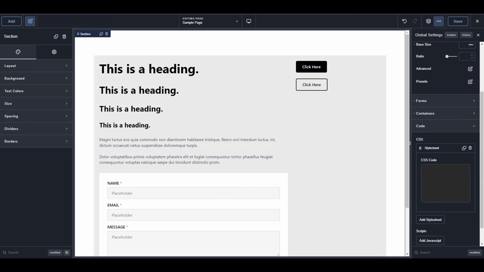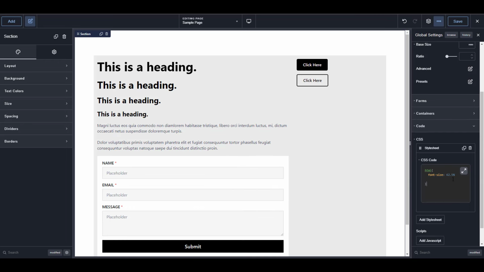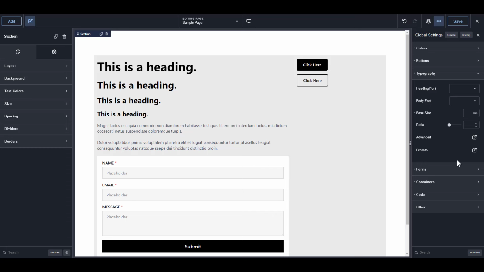I'm going to change the HTML font size to 62.5%. Now this is going to cause one rem to default to 10 pixels, and that is going to enable us to work faster throughout the website. So if you want 24 pixels, you just know it's 2.4 rem. If you want 10 pixels, it's 1 rem. If you want 16 pixels, like we're going to set for our base font size,